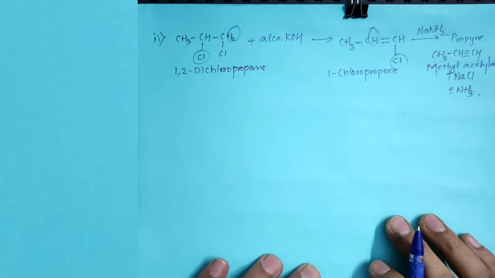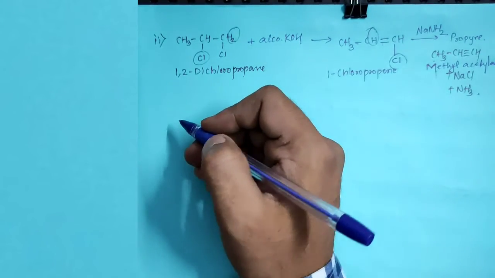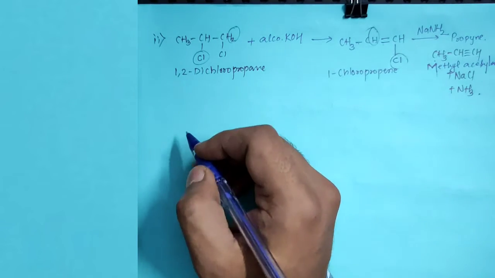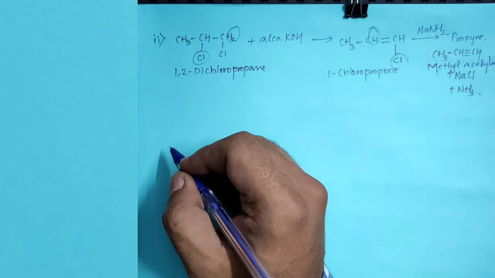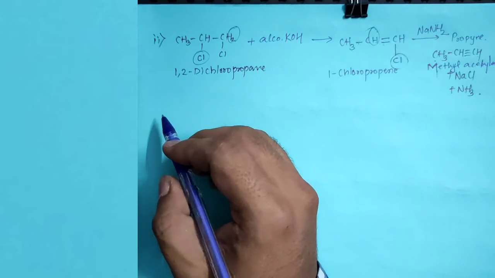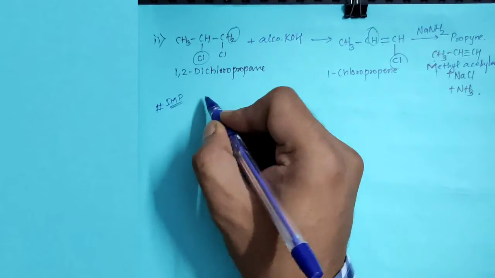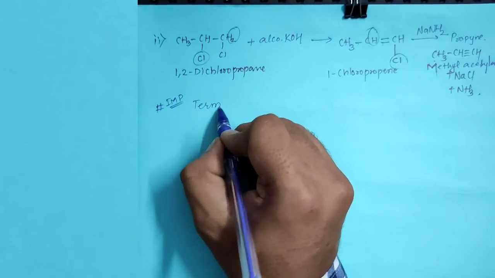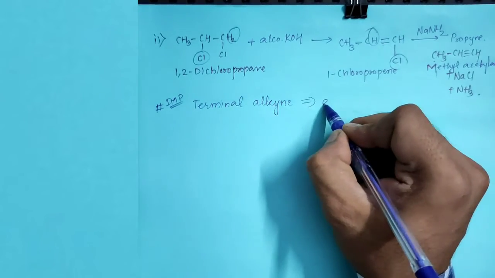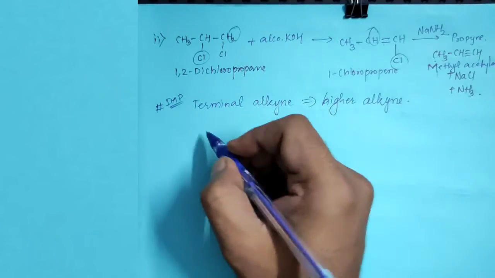Now we will prepare from alkyne to alkyne, triple bond to triple bond. Let's see how. Initially we have to take the terminal alkyne and treat it with lithium amide. So we'll see directly with an example how we can go ahead to form higher alkynes. From the terminal alkyne, it is a very important and very different reaction. It gives you a higher alkyne. It is new in the new syllabus textbook.